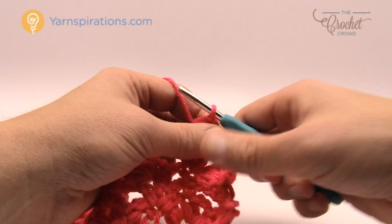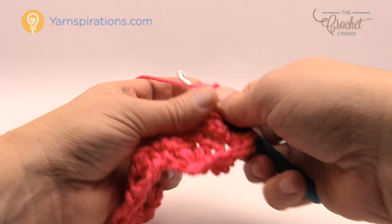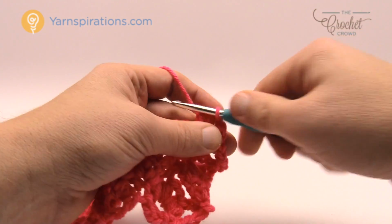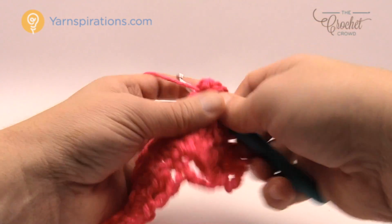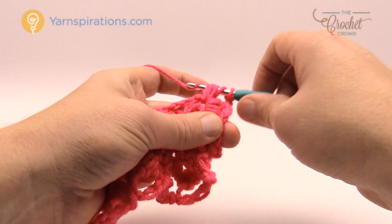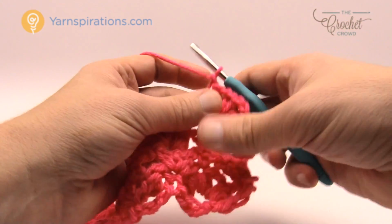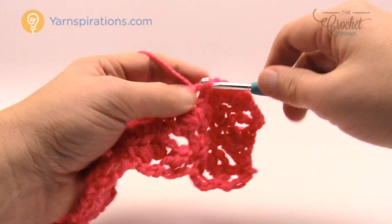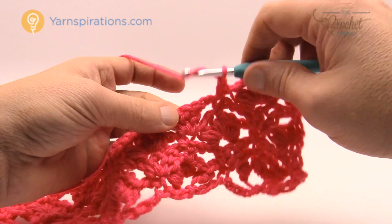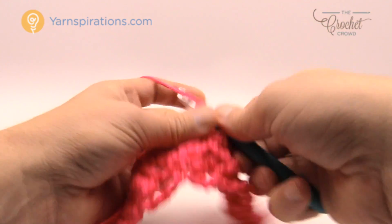This one's getting a little stuck on me. Chain 2 and try it again. So we're gonna do another cluster, chain 2, another cluster, okay, and now chain 1, single crochet into the next single crochet, and then repeat that again. So chain 1, okay, we're gonna do the 3 cluster spot right in the middle of the 3 double crochets,